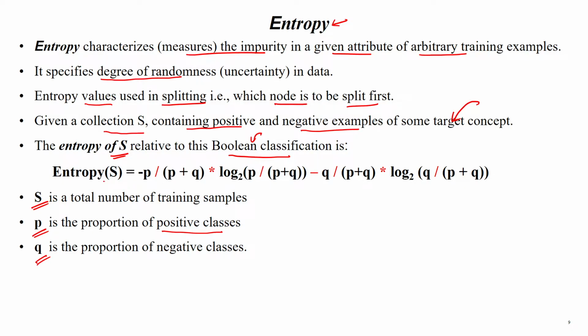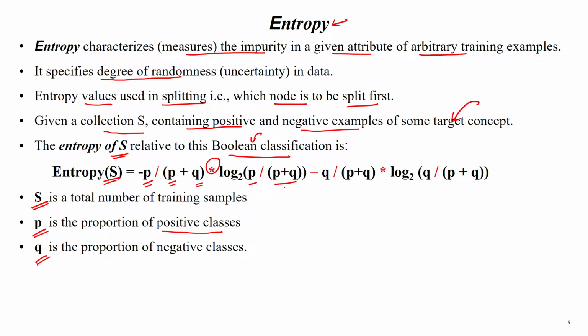So the entropy of total data set is calculated by minus total number of positive samples divided by total number of positive samples plus total number of negative samples multiplied with log base 2 total number of positive samples divided by